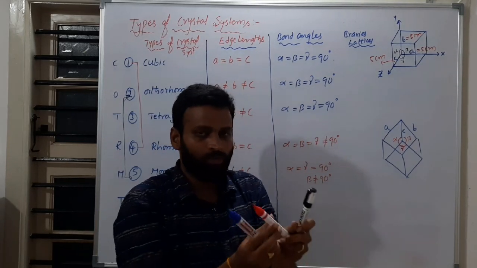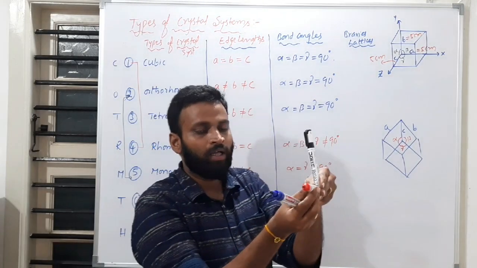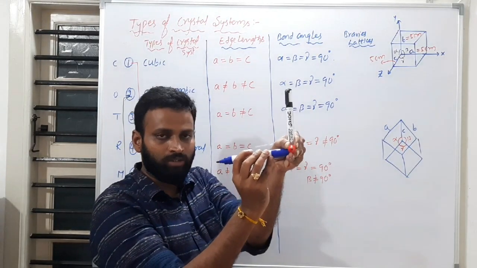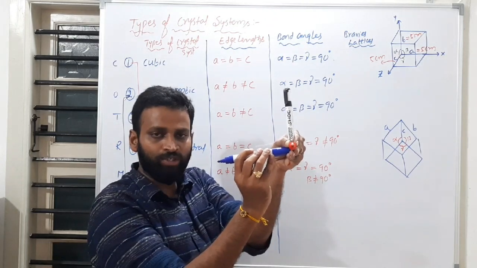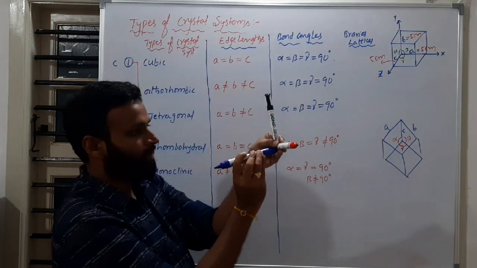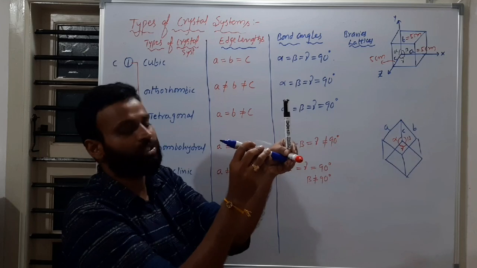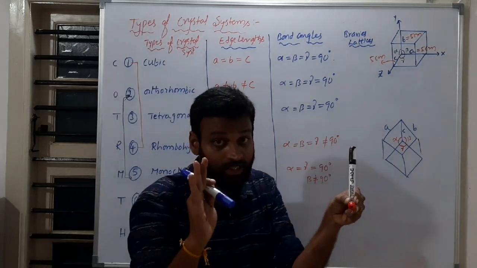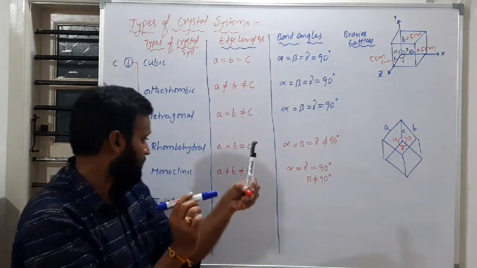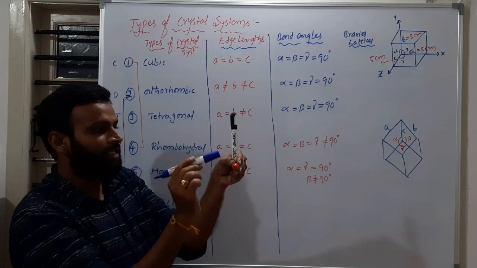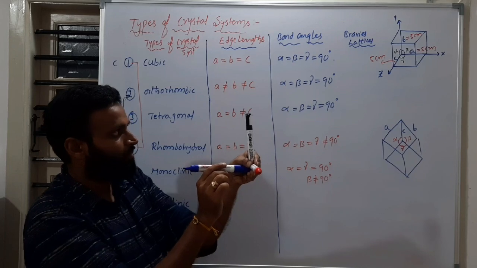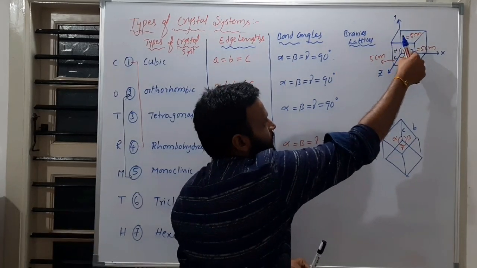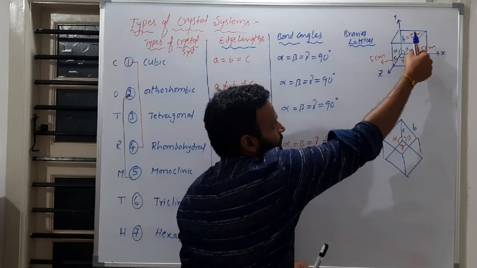Just have a look and observe carefully. And like this means what? What is this called? Orthorhombic. Only A you just flip. I told you earlier, C and A you flip. Imagination is very important. That's why I am telling you all these things. So this and this I am not flipping. If I am flipping this B, this will change. But here this and this will not change. Slightly we are flipping that.